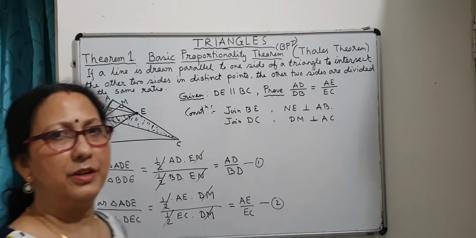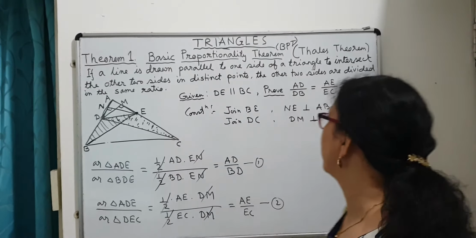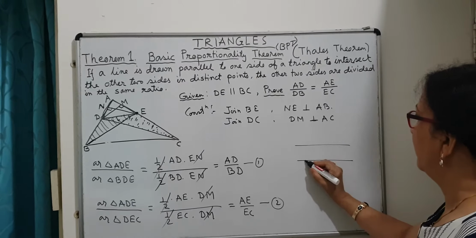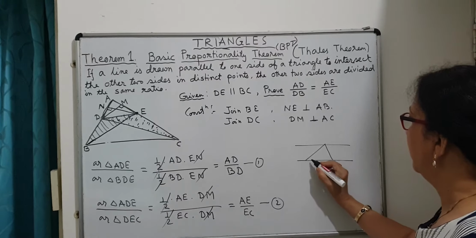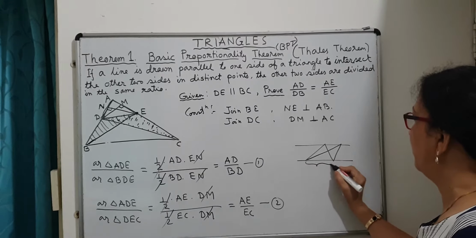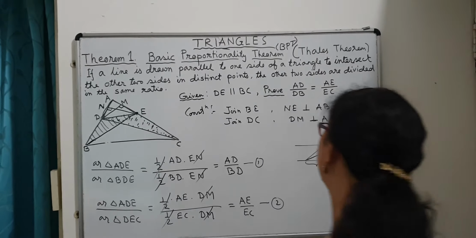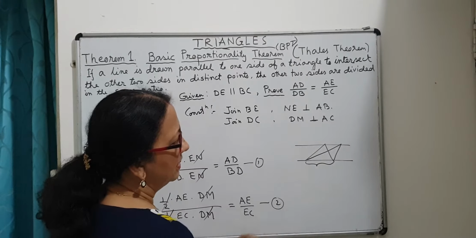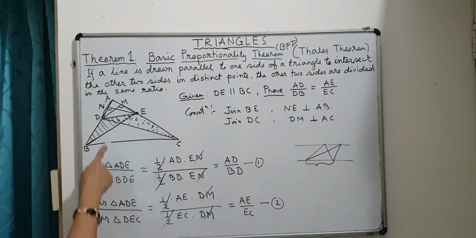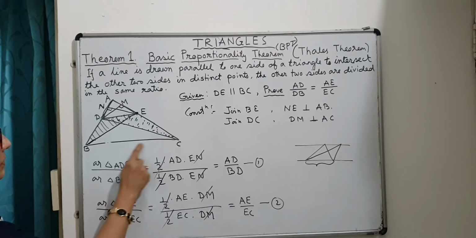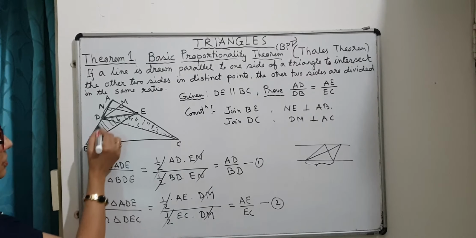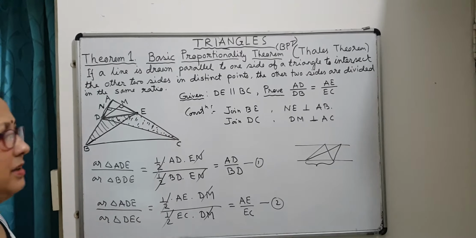So you recall the theorem you have learnt in 9th class. What was the theorem? There are two parallel lines and two triangles having the same base. This is the base, common base. Two triangles having common base and between the same parallels, then the areas of the two triangles are equal. That was the theorem. So here in this case also you see DE is parallel to BC and the common base is DE. So these two triangles will have equal area.